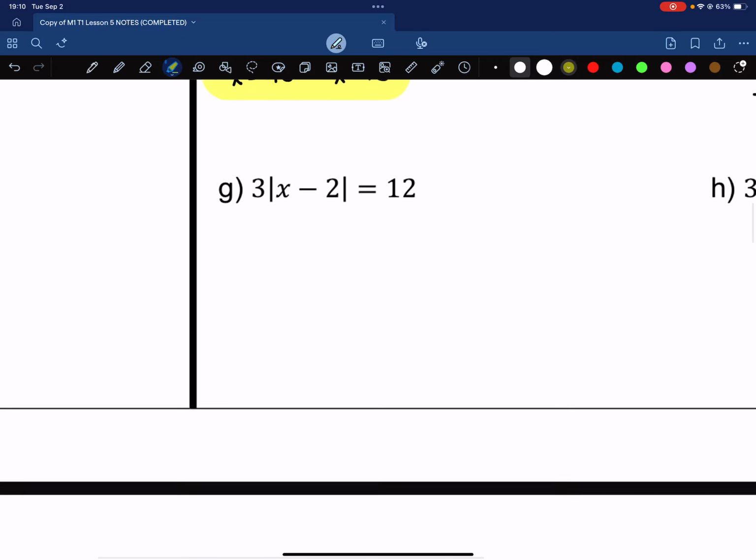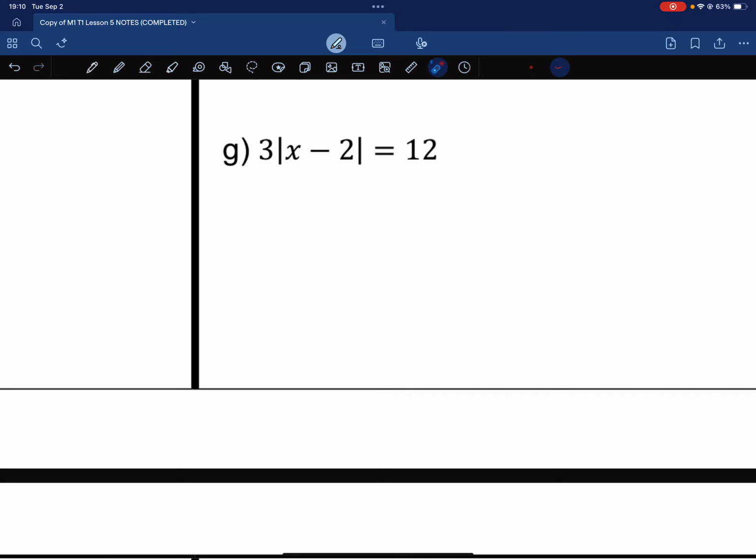Okay, moving on to the next one. Again, you ask yourself, is there anything being added, subtracted, multiplied, or divided to the absolute value bars? And the answer is yes. We have something that is being multiplied. Okay, in order to move that 3, you will have to divide both sides by 3. What you are not allowed to do is distribute that 3 to the inside of the absolute value bars. Because they are absolute value bars,